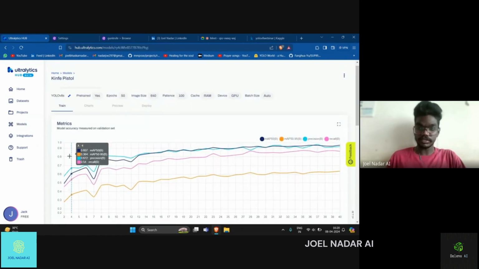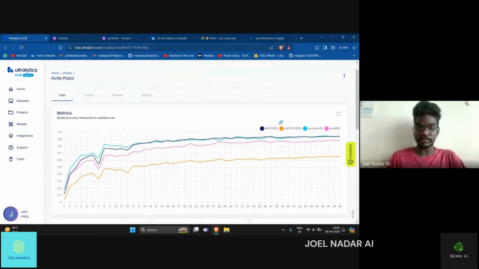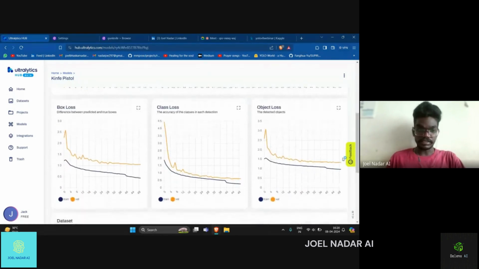So this is what the parameters will look like after the training, like metrics, and you will see the mAP, precision, recall, and this is the end epoch which was trained, and you can see the precision is around 0.94, recall is 0.88, and the mAP value is around 0.94 under the mAP 50 value, and the other parameter, mAP 50 to 95, is 0.65, and you can see the box losses, which is